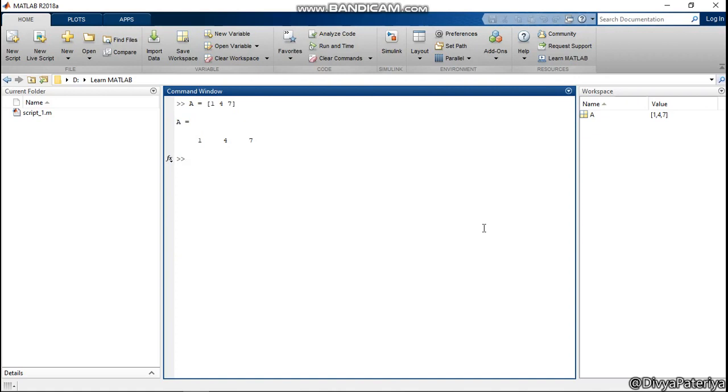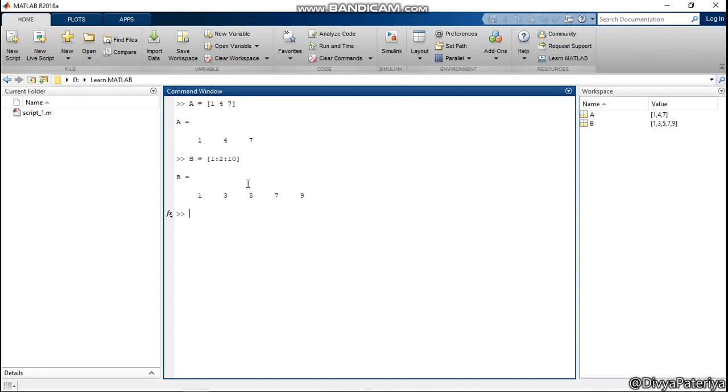Suppose I want to create another variable, and I want equal spacing between the contents. So I am declaring another variable b under the square brackets. I will start writing from where I want to start. Suppose I want to start from 1. I will give a colon here, and I will write the difference to the next item. Suppose I want the difference to be 2, and I want this to go till 10. I will press enter.